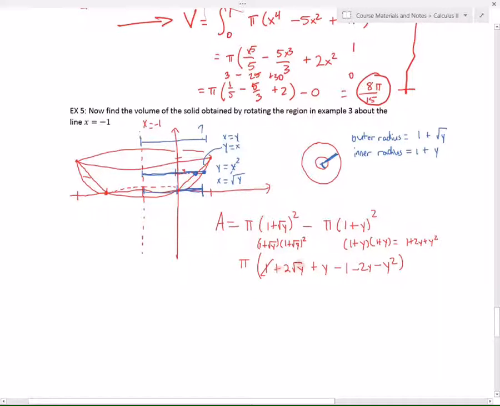So the 1's cancel. I've got a y and a minus 2y. So I end up with 2 square roots of y minus y